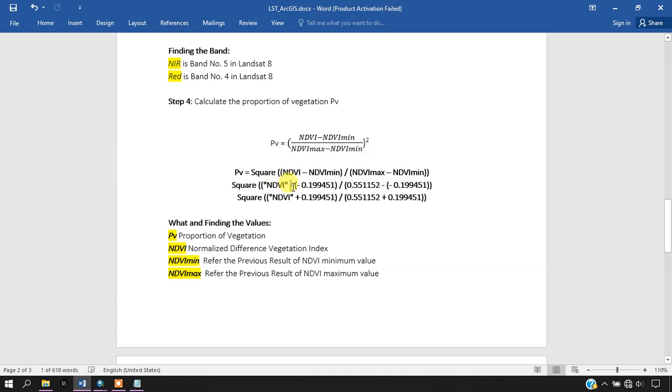So the formula has minus, and the low value is also negative, so it will be minus minus plus. Same here, minus minus plus. So what we are going to do is convert it into a plus symbol.